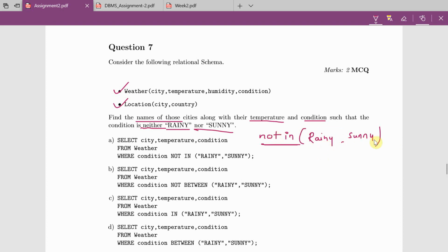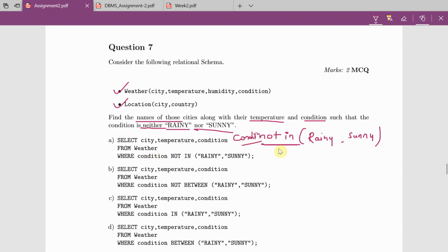If it is in the set, IN returns true, otherwise false, but NOT IN is the opposite condition. The weather condition should not be in these two lists. If that condition is not rainy and not sunny, then it should be in the output.